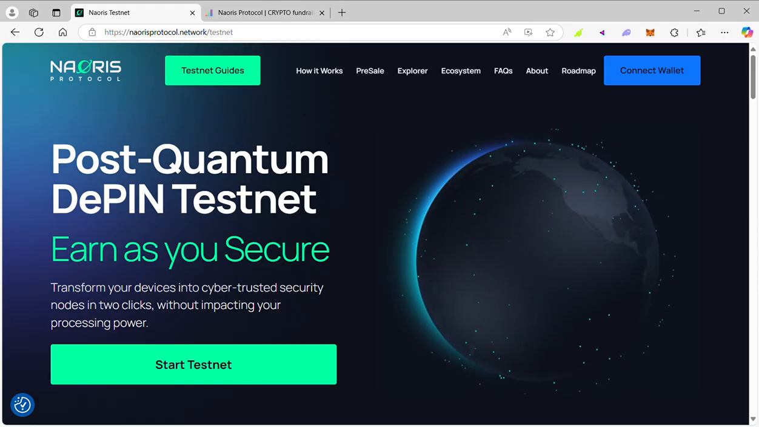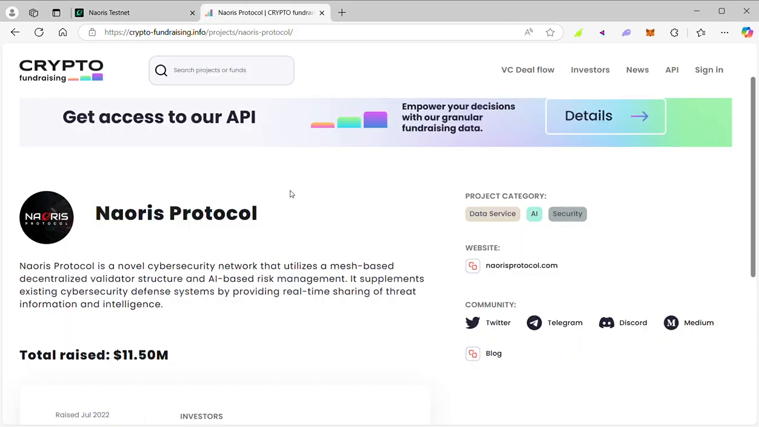So what is Naoris Protocol? Naoris Protocol is a novel cybersecurity network that utilizes a mesh-based decentralized validator structure and AI-based risk management. It supplements existing cybersecurity defense systems by providing real-time sharing of threat information and intelligence. And this project was able to raise a total of 11.5 million seed funding that they're actually using